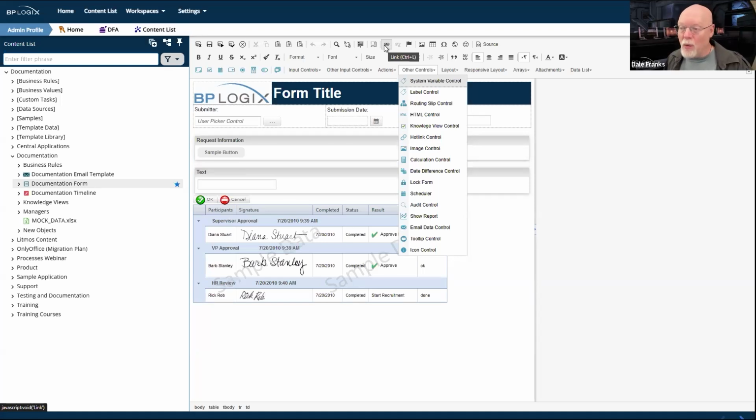Again, this is not our control. We didn't build it, so we're not entirely sure why it responded that way. But in this particular case, we made a fix to this control because we had a customer that had used it in a lot of places. Do not use this control. That is our recommendation. We have a control for you to use. It is called the hot link control. That's the control that we would prefer that you use on a Process Director form to have hot links that can evaluate system variables and, like, email URL for an email template or what have you.